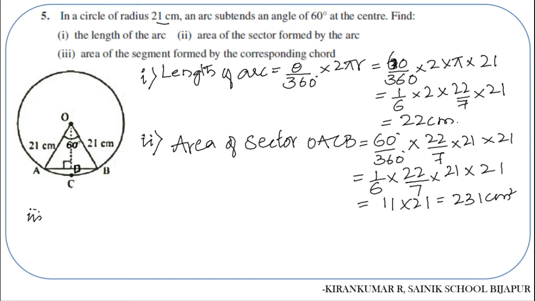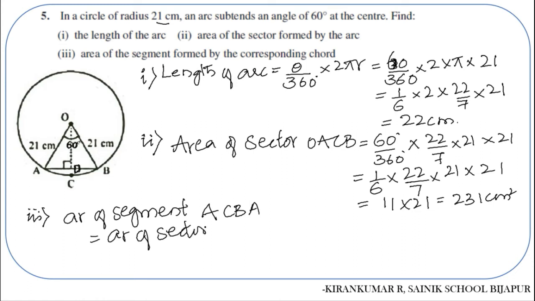Now third one we need to find is the area of a segment. Area of segment ACBA will be area of sector minus area of triangle. Here area of sector we have found as 231 centimeter square minus area of triangle we need to find, and this particular triangle is a